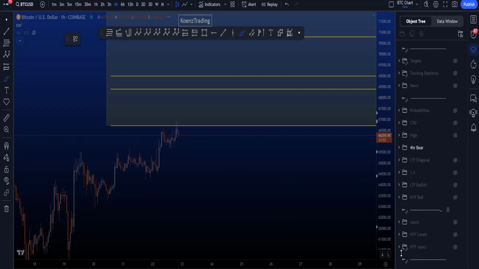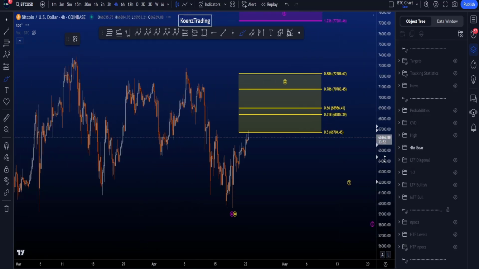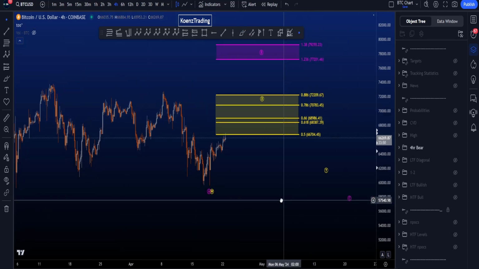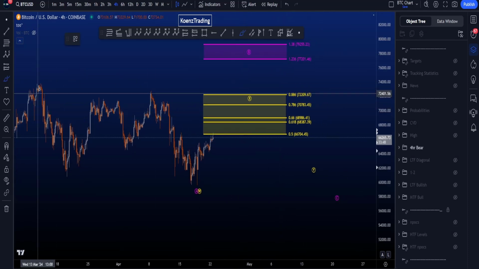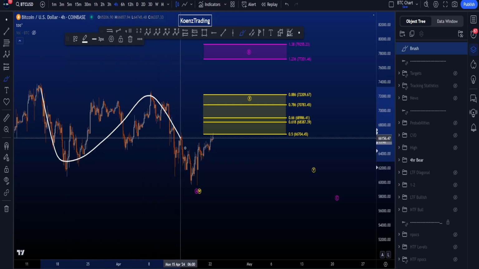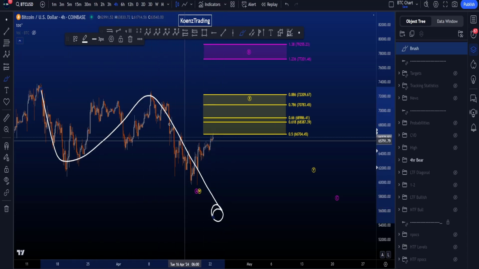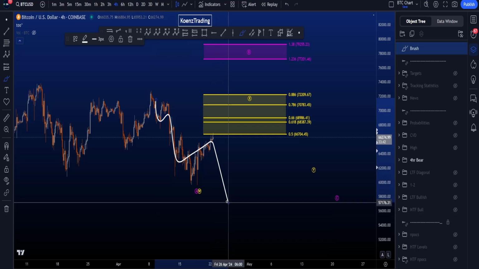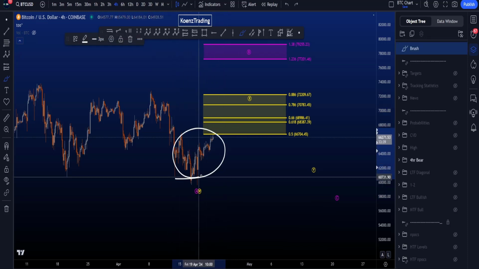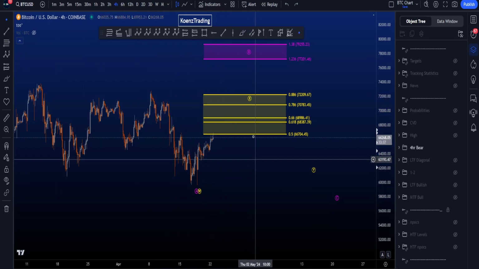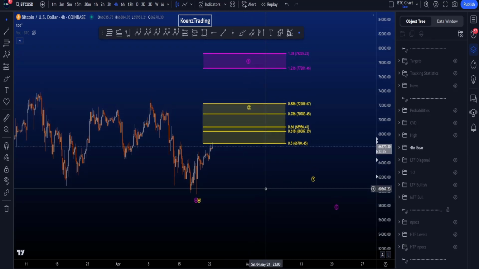Now, the bearish scenario on the 4-hour chart has changed to this scenario here, either a flat or a sideways WXY. Previously, we had a potential ABC with wave C not yet being finished in a 1, 2, 3, 4, 5, but this scenario is reducing in probabilities every day, and therefore there's other scenarios that now have a higher